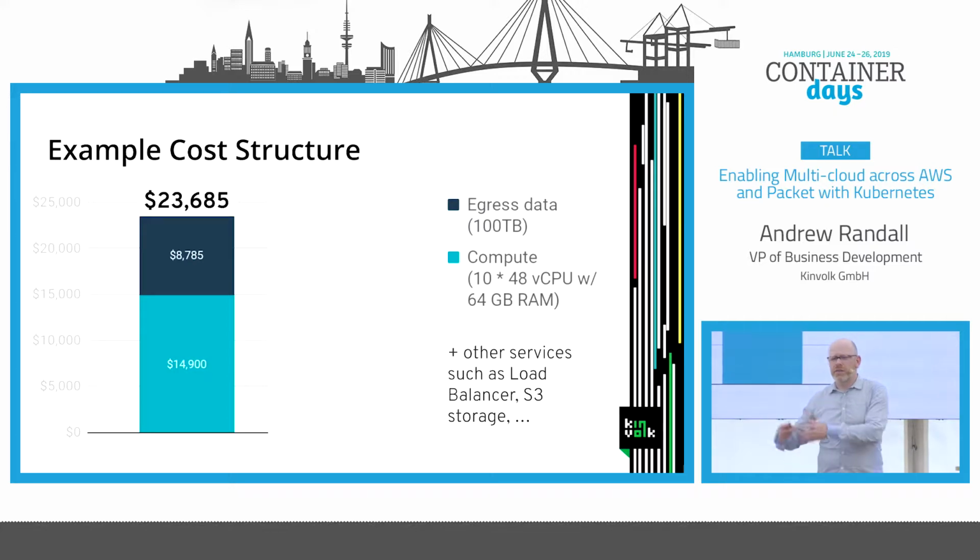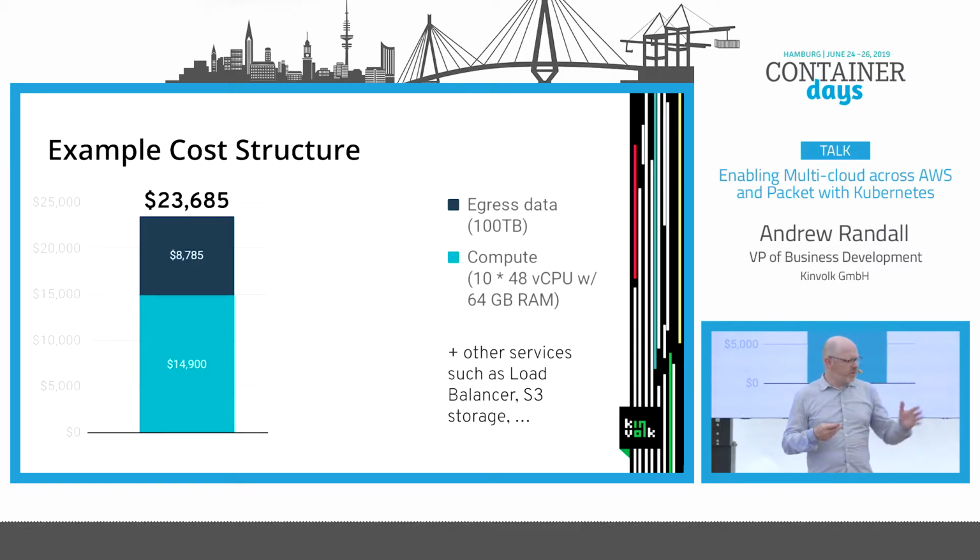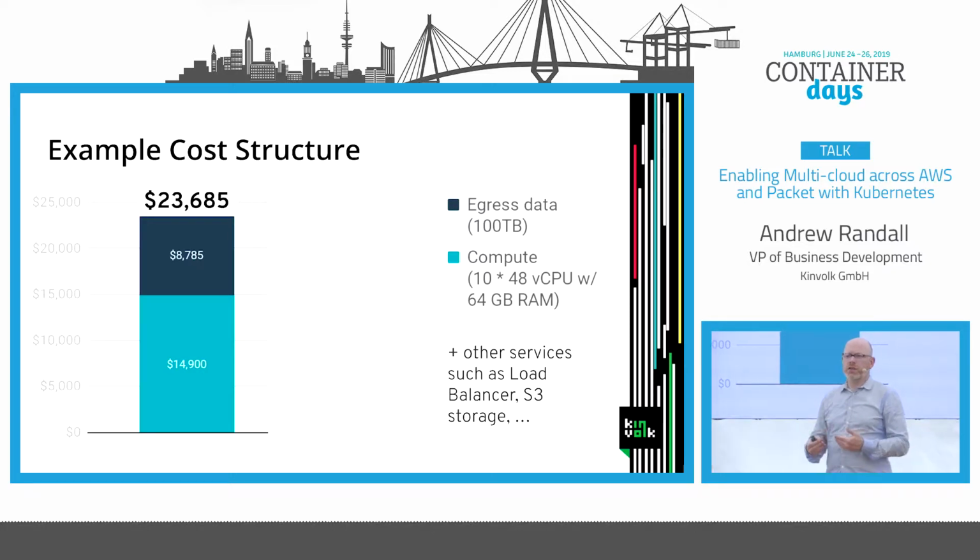I have so many instances at so many cents per hour. But when you're talking about farming out a lot of requests to all of these demand-side platforms that they're interfacing with, those bidders in that diagram, then you have a lot of egress data going out of the network. And these are not necessarily real figures from PubNative, but they give you an idea of the ratio of costs of how much you might get from an application doing 100 terabytes of egress data, with maybe 10 48 vCPU instances with 64 gig of RAM.